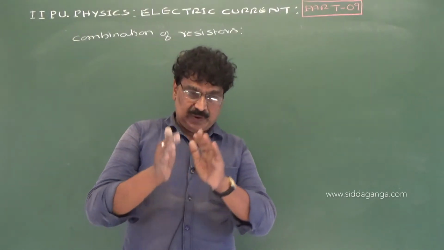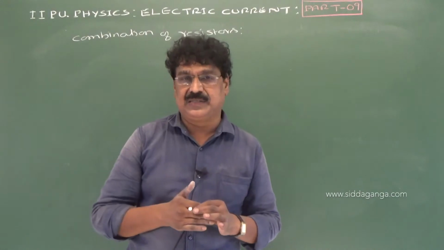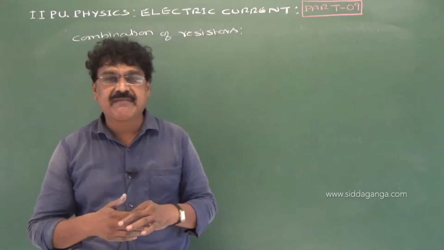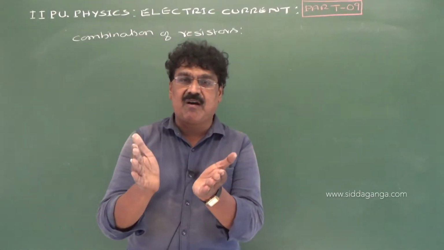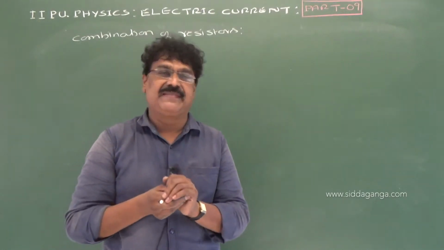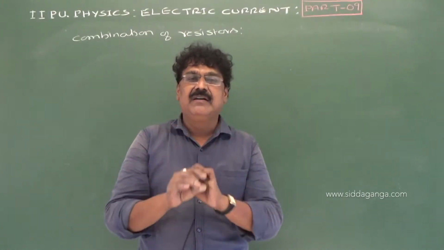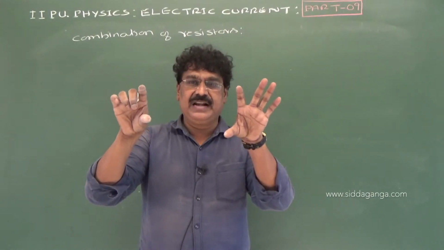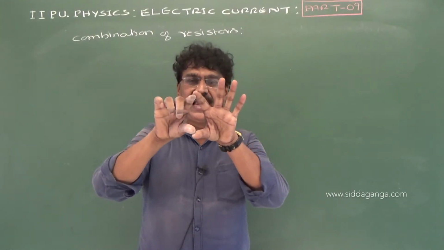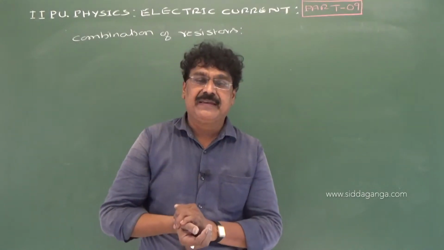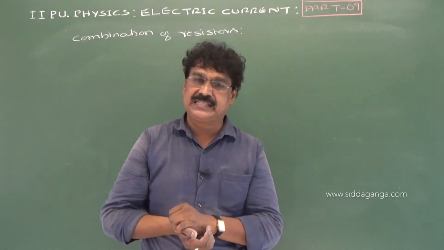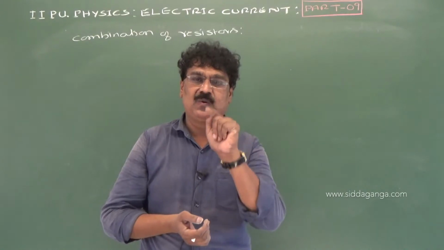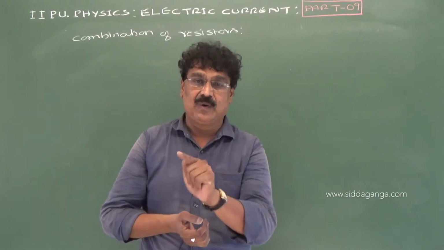Even in case of lens also, we have equivalent focal length of a combination of lens, right? Now we can have two thin lenses of focal length f1 and f2 placed coaxially in contact. Then the effective focal length is given by 1 by f is equal to 1 by f1 plus 1 by